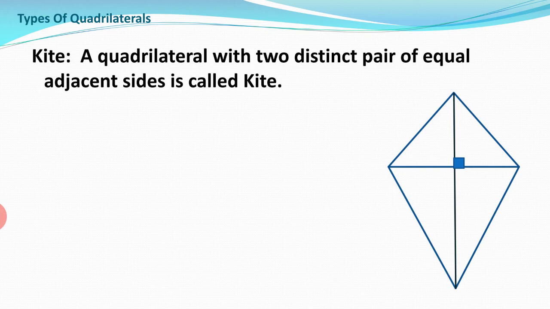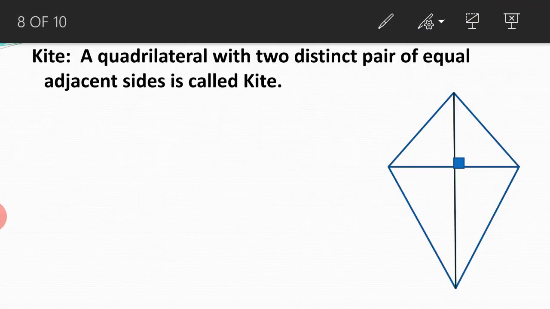So which is the diagonal here? This particular one. This is the bigger diagonal and this is the smaller diagonal. So these two, are they forming a perpendicular? And it is shown. So in a kite, the diagonals are perpendicular. And the bigger diagonal, which we call the major diagonal, always bisects. What is the meaning of bisects? Bisects means divides into equal parts.